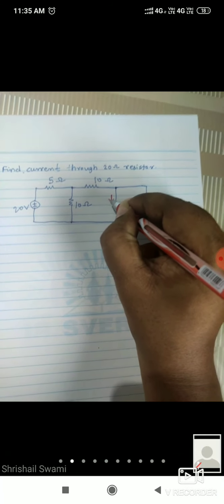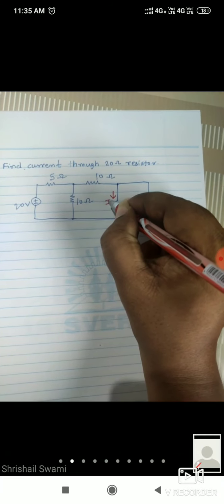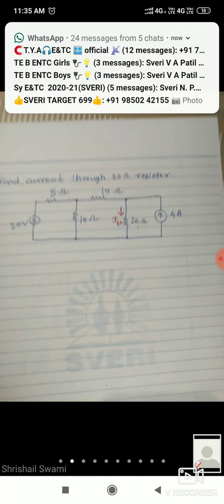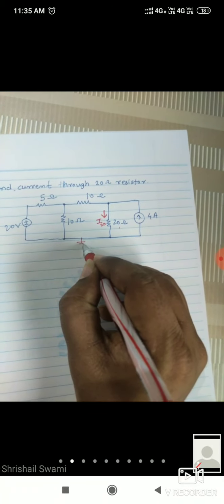So first of all I will mark where it is. So 20 ohm, this is the current. Okay, this is the resistor through which we have to find out the current. So for that I will give the name I20. So you have to find out the current passing through this resistor. For that, suppose this is a ground node. We must know this voltage with respect to this ground node. This is ground, this is ground, here is ground. So everywhere there is a ground point.